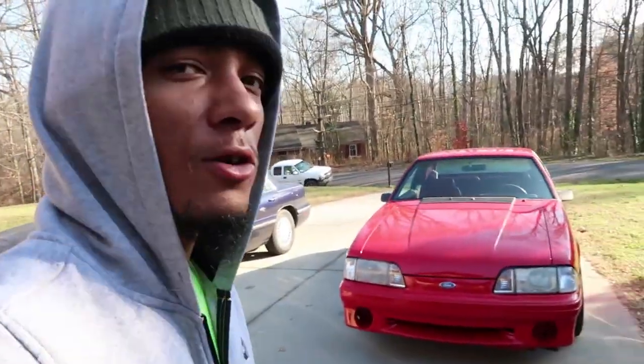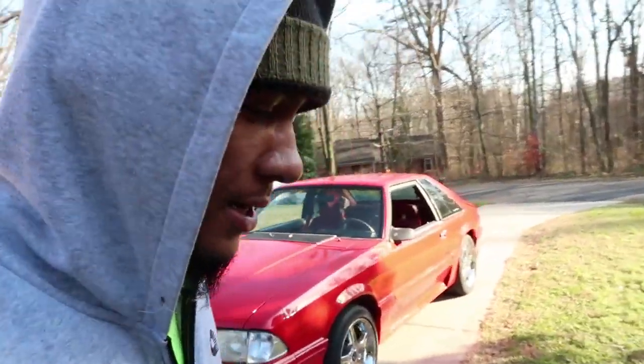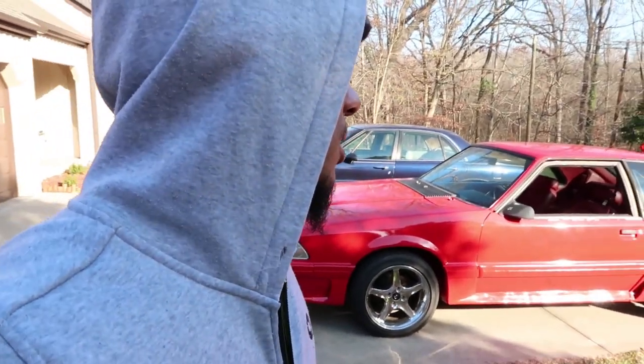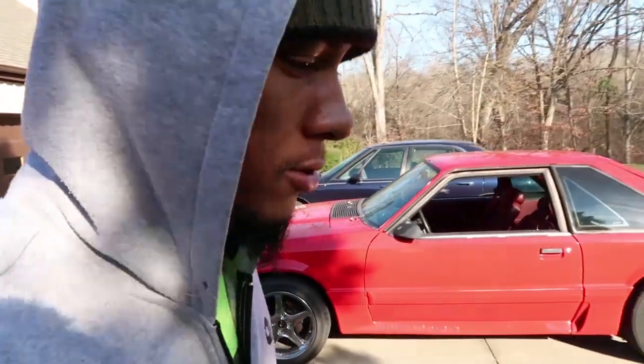But yeah, man, we're gonna go forth and get a whole nother Mustang. I'm shooting for the 90 to 93. So I do love this 90, man. It's a gorgeous car. It just has a little bit too much rust for me to take on that kind of project, and that's not the kind of thing that I want to do on this channel, because I'm not